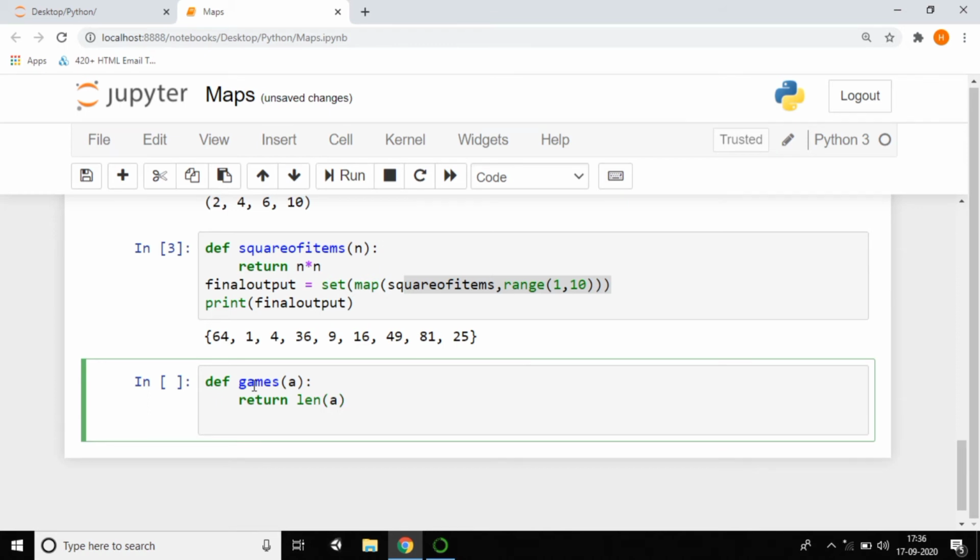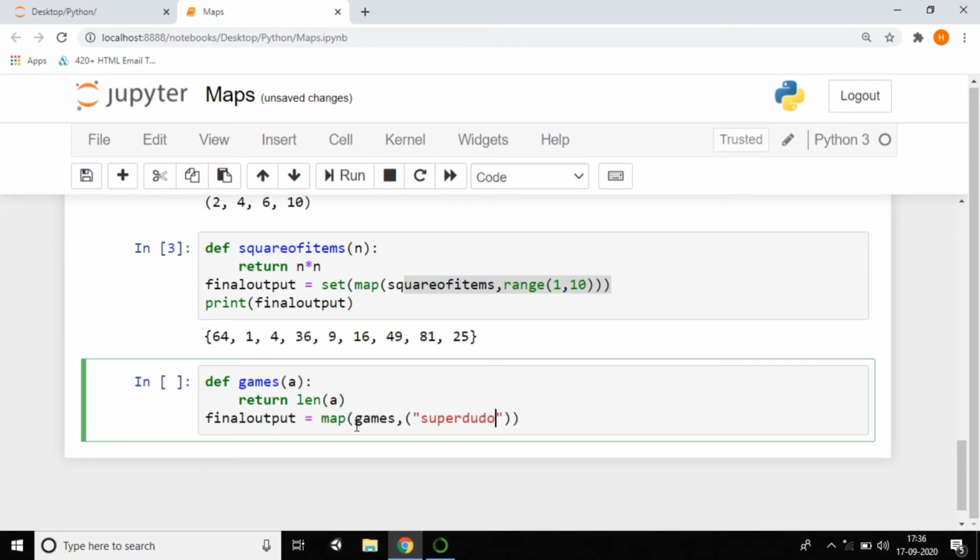Here I am performing the operation which is called final output. So final output equals map. Here I'm not specifying any conversion. What I'm passing are the items, and I want the length of the items. So you can pass it like this directly, the function name.